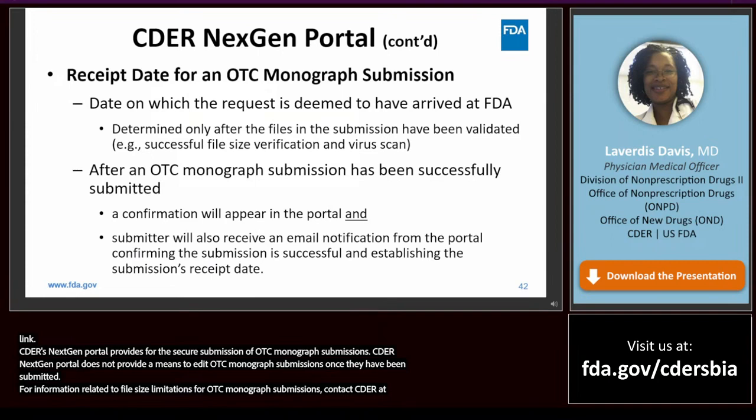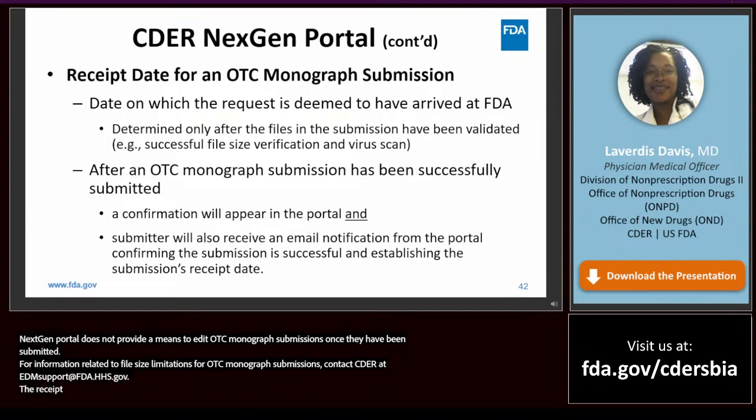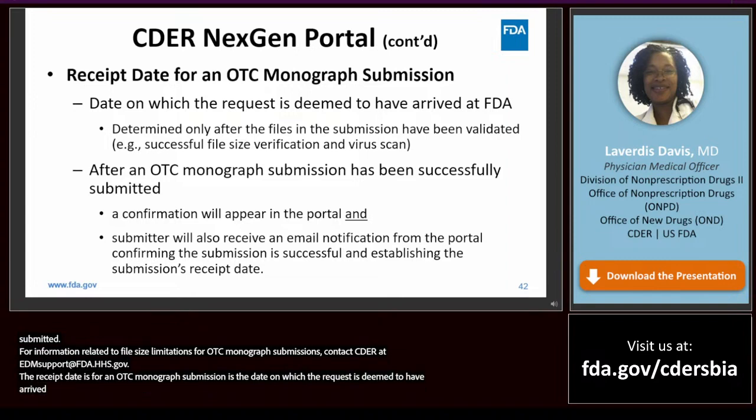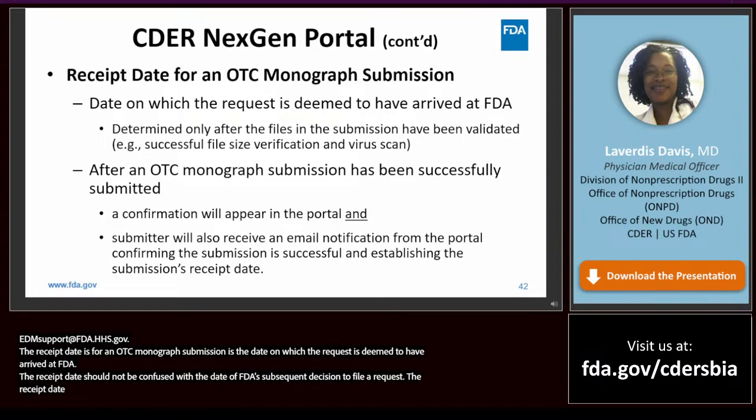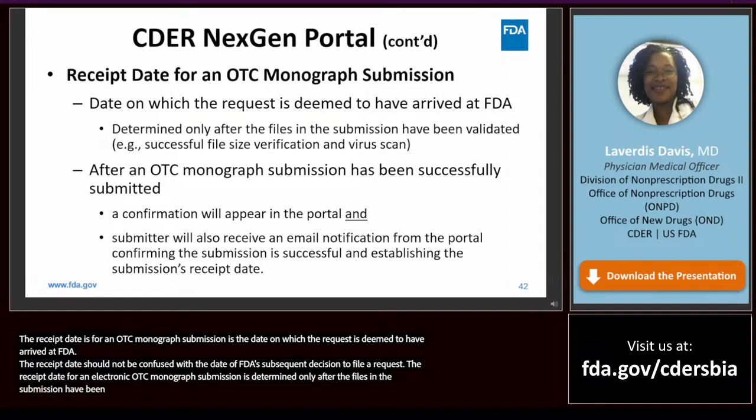The receipt date for an OTC Monograph submission is the date on which the request is deemed to have arrived at FDA. The receipt date should not be confused with the date of FDA's subsequent decision to file a request. The receipt date for an electronic OTC Monograph submission is determined only after the files in the submission have been validated in CDER NextGen portal.